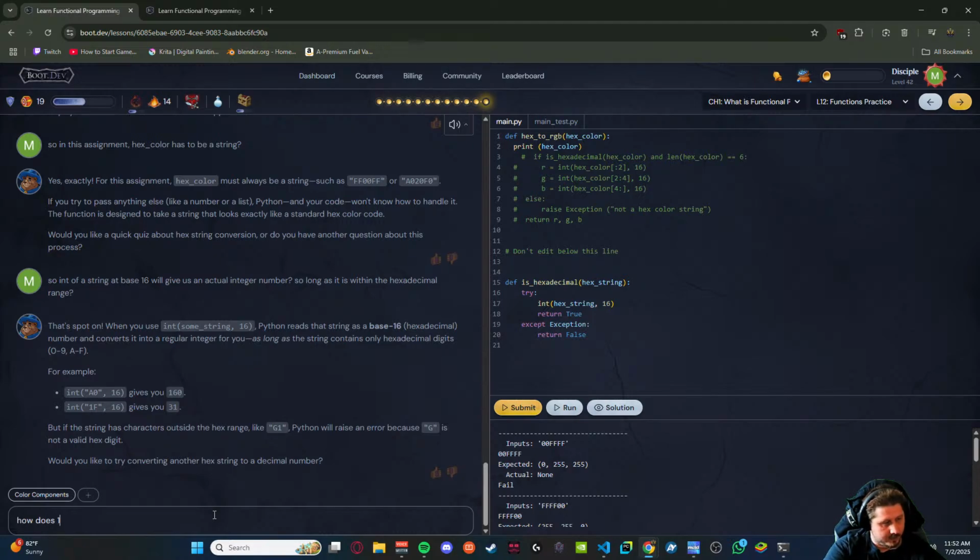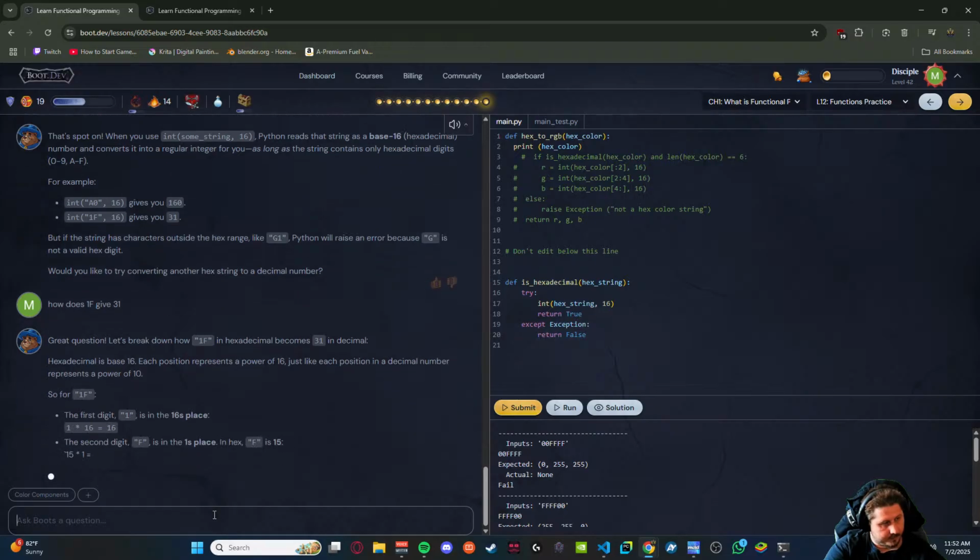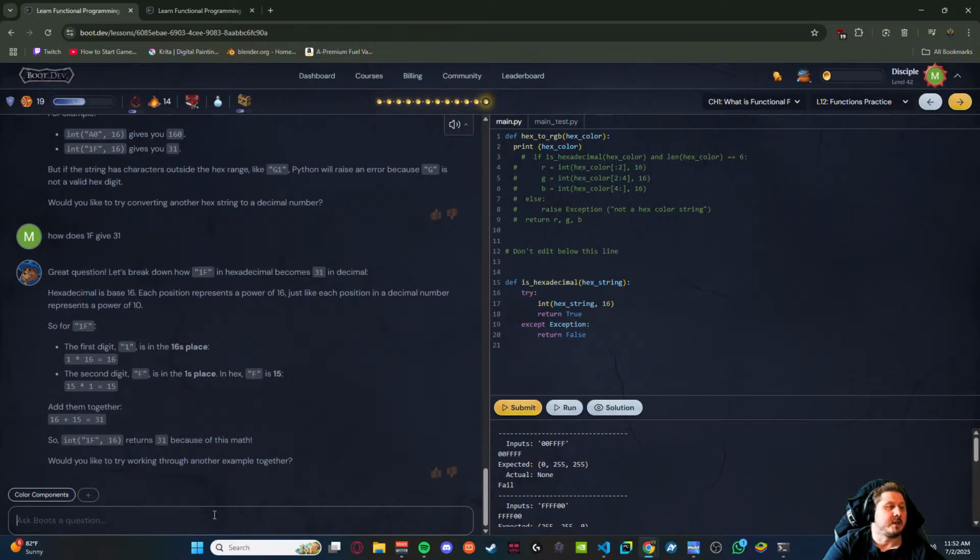How does 1F give 31? But if the string has characters outside the hex range, like G1, Python will raise an error because G is not a valid hex digit. 1 times 16 is 16, 15 times 1 is... okay. Okay, so F is 15.